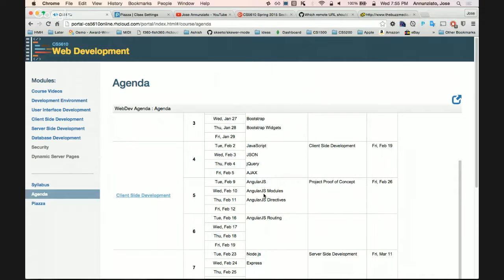Another thing that Angular does is allows you to break up your large applications into various modules that can then be included and extend each other. The other one is directives. Directives allow you to basically define new HTML elements or extend the behavior of existing HTML elements. If you don't like how HTML behaves, you can just change it. You can take over all the elements in HTML and change its behavior. If you wanted a new attribute that an existing HTML element doesn't have, you can define a new element.